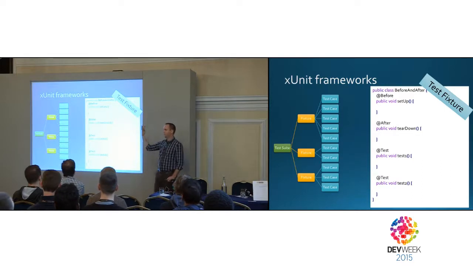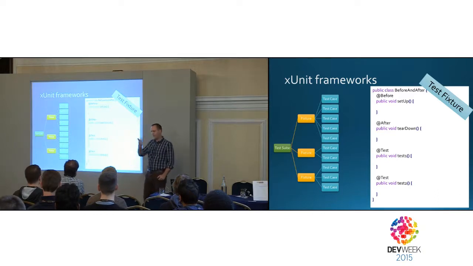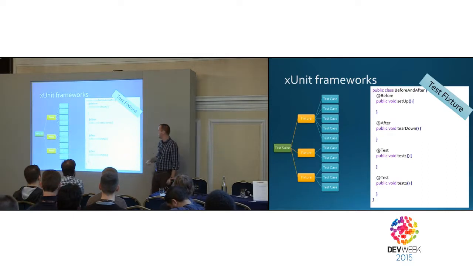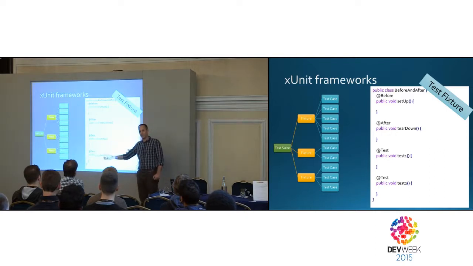must do four things: have the ability to set up the environment before the test, run the test, assert the result, and tear down, clean up afterwards. And all of them have those capabilities. In this case, we have Before and After, which run before and after the test. In NUnit, they are called SetUp and TearDown. Same thing, though. Take this code, change the annotations, the ones with the at sign in the beginning, to .NET attributes, and the same thing will compile. And we have a bunch of tests that execute our code and assert it. And those are the xUnit test frameworks.